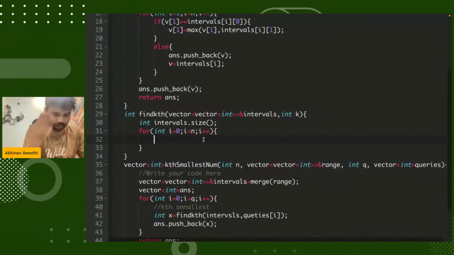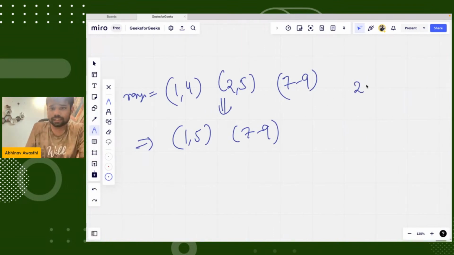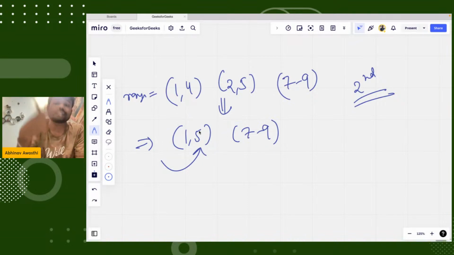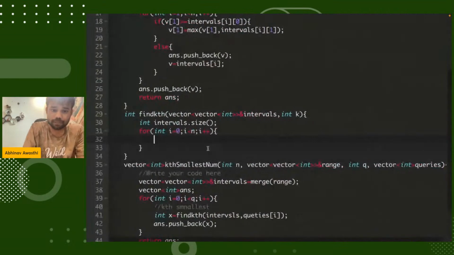Okay, great. Now what we will be doing is, I will first check. Let's say we have to find the second value. You can see that the second smallest number occurs in the first range, because the range is from 1 to 5. But if that value k is greater than this range, say you have to find the seventh smallest number but this range is just 1 to 5, it means you cannot find it there. So what will happen